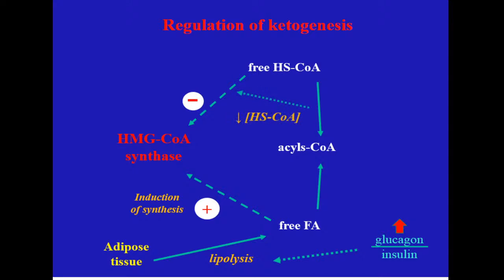It will decrease the concentration of free coenzyme A. Free coenzyme A, as we told, is an inhibitor of synthase. So if fatty acids are coming and acyl coenzyme A synthase will take free coenzyme A for the formation of acyls and further beta oxidation,